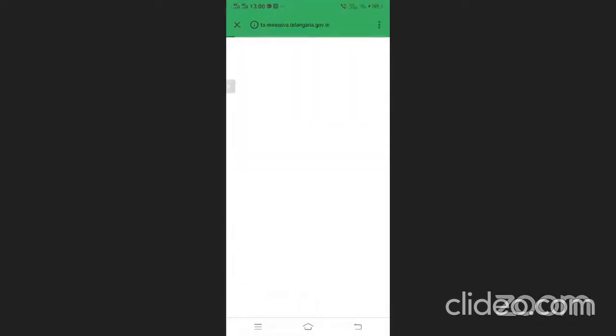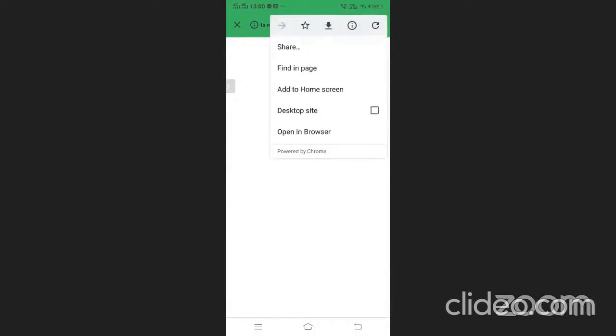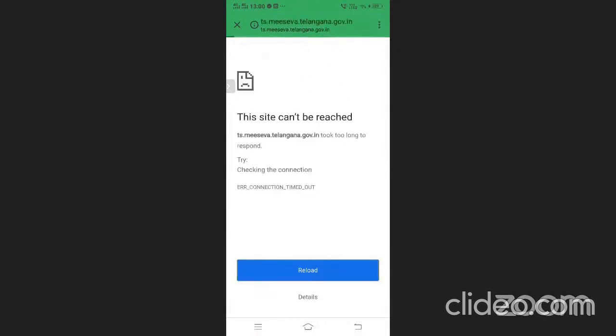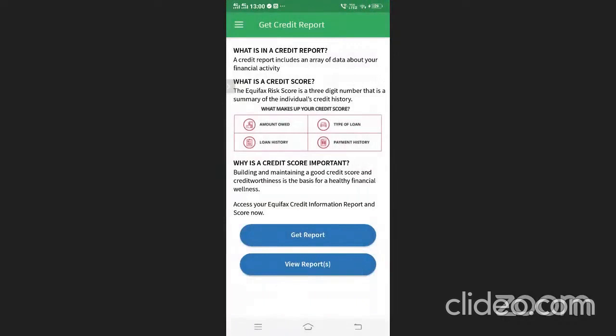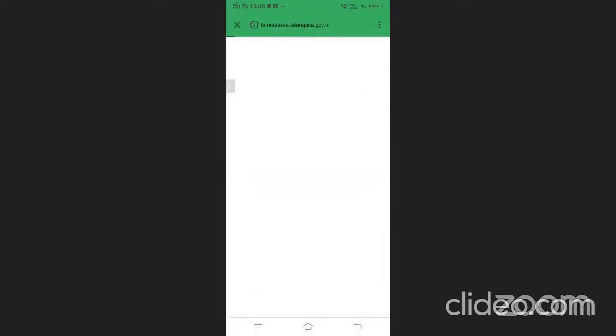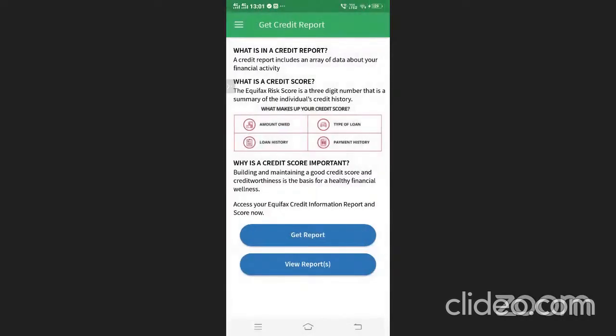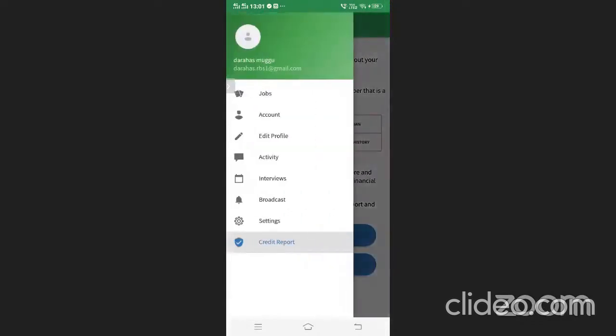Okay, I see my internet is not great. So let me show this to you again. But for now, what I can tell you is once you click on get report, you'll get a field over here. It is connected with a portal where a student fills in all the details, and after the details are filled, the student will be able to see their credit report. Now, this is entirely about DEET.